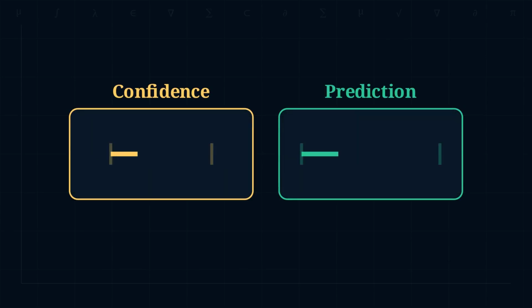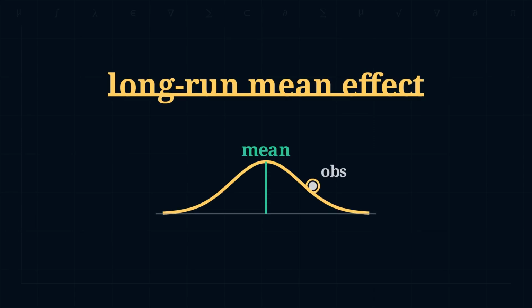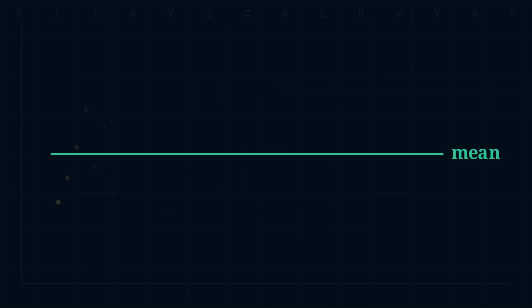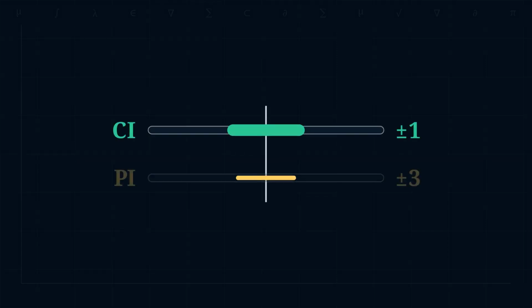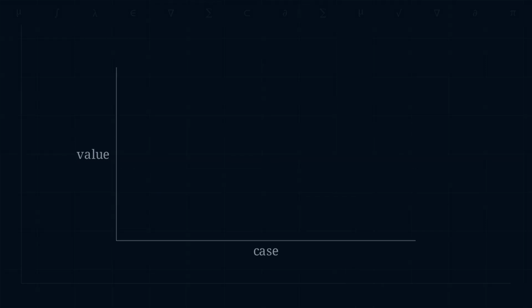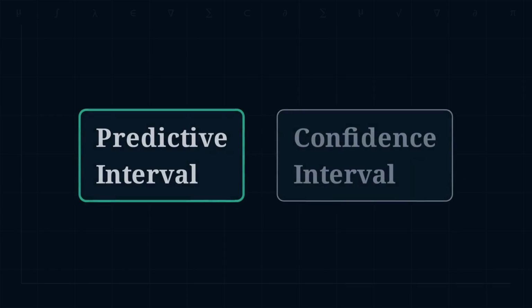Do not confuse a confidence interval with a prediction interval. A confidence interval is about a fixed but unknown population value, like the long-run mean effect. A prediction interval is about a future observation, which varies from case to case even if you knew the population value exactly. Prediction intervals are wider because they account for both your uncertainty about the center and the natural spread of new cases. If you want to say what a typical next outcome might be, you need the predictive version,